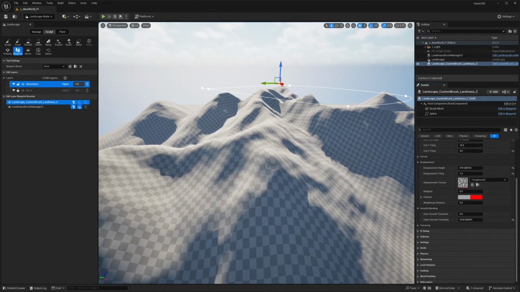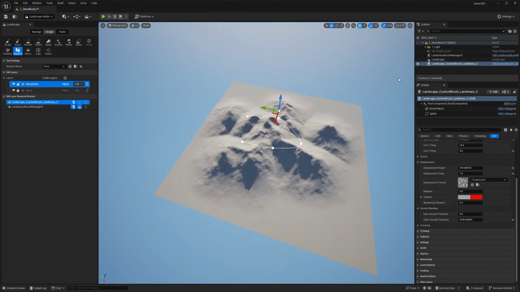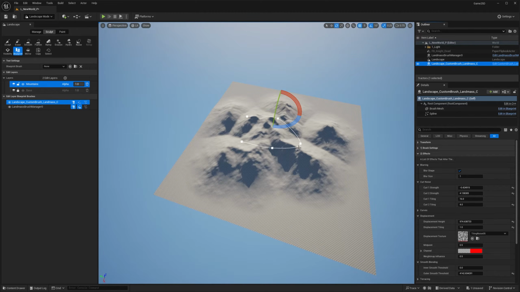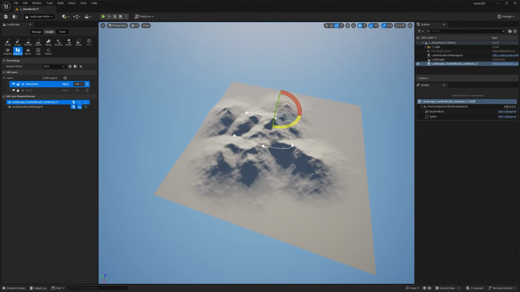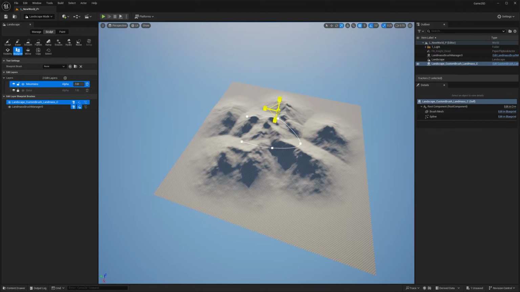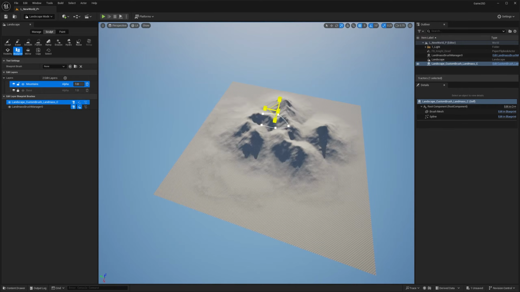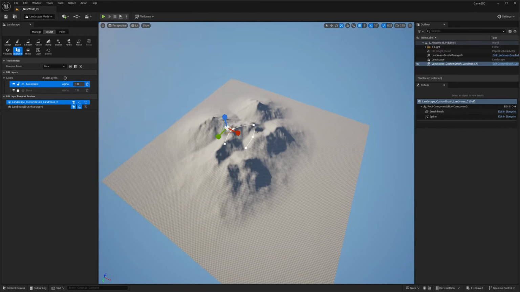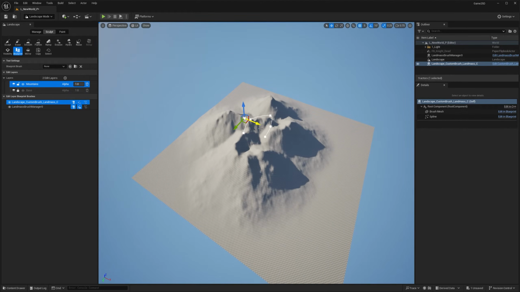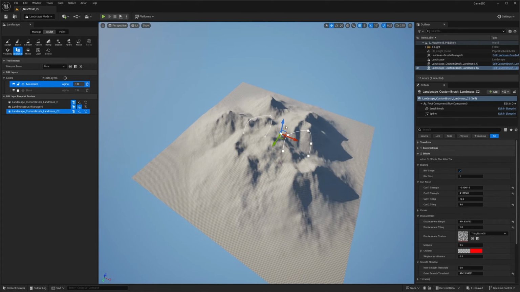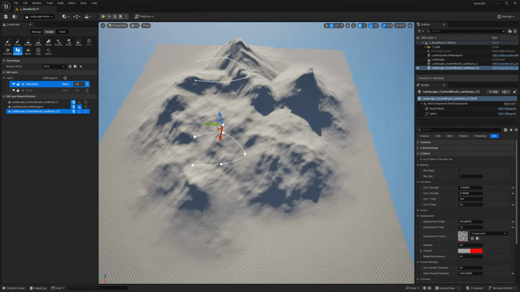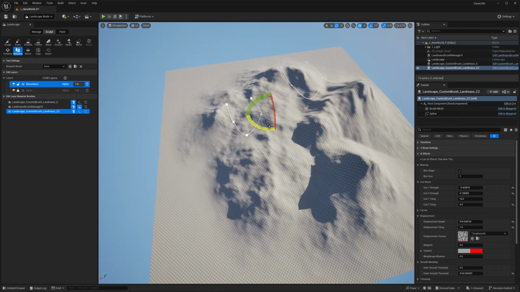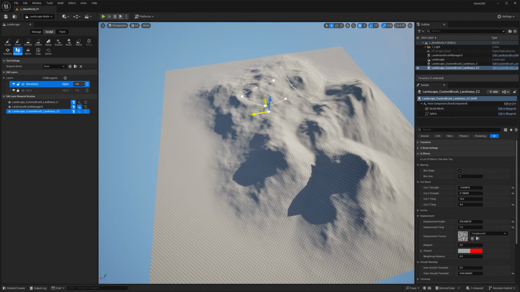So let's say that I'm happy with this, okay? I like this mountain, but the mountain is too big. If you select the asset in the outliner, you can rotate it, right? This is all procedural. No destructive editing. You can scale it down. You can move it up and down. And if you hold Alt, click, and drag, you can duplicate it. So now I can have a smaller mountain detail right there that is merging with this, which is pretty cool.